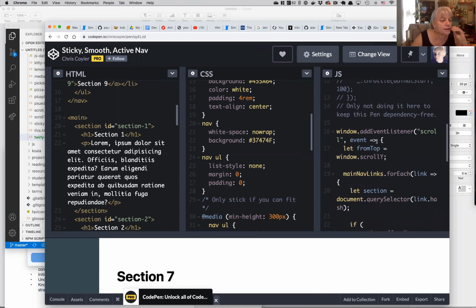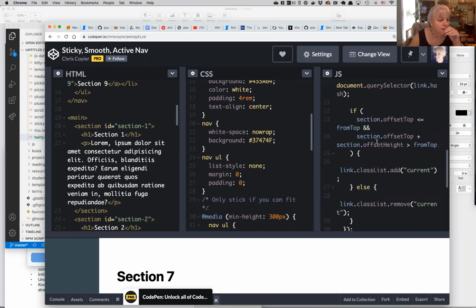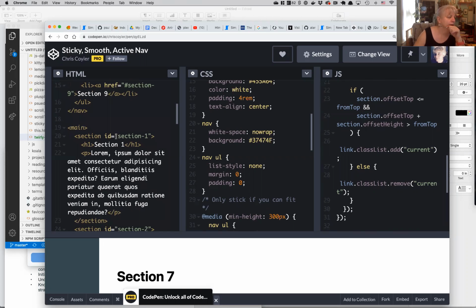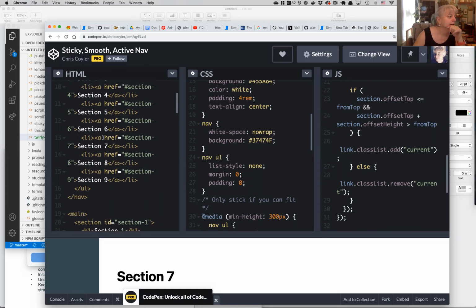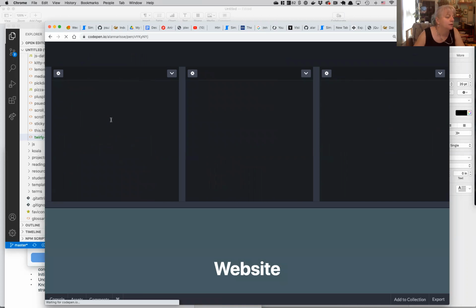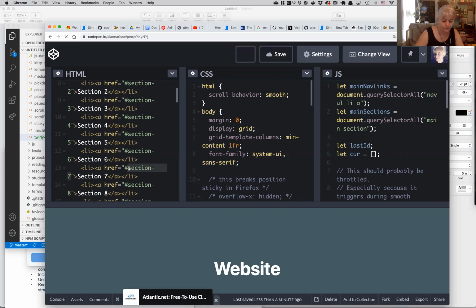But okay, so let's say you have this code and you're like, I have no idea what the heck it's doing. What I do know from looking at the HTML is that I have a section with an ID of section-1. And then in the nav, my link is going to be pound section-1. So it's probably safe to assume if I fork this and I change, this is how I would play around with it. Maybe, okay, if I change section 7 here to fruit bat,